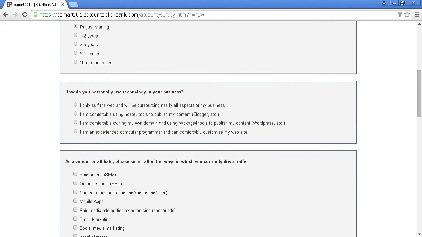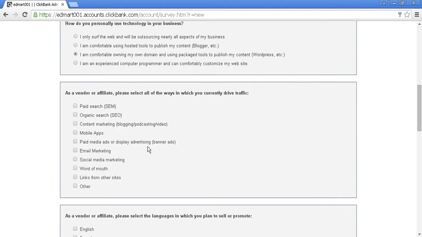And how do you personally use technology in your business? I'm going to say I'm comfortable owning my own domain and using packaged tools. So we'll click on that one. And as a vendor or affiliate, please select all the ways in which you currently drive traffic. Well, we could use all of them, I suppose. We can just click all of them there. There's no limit. You want to try all of these